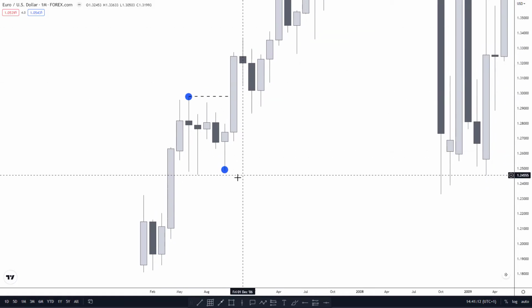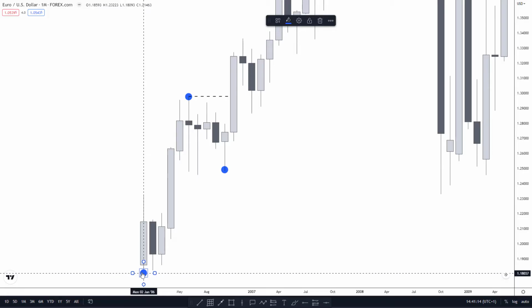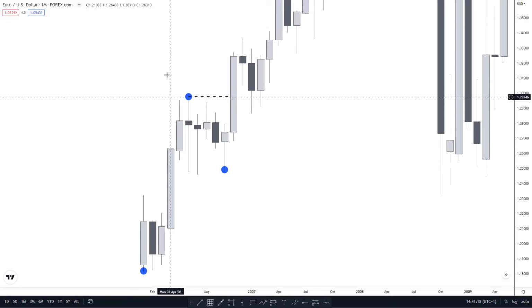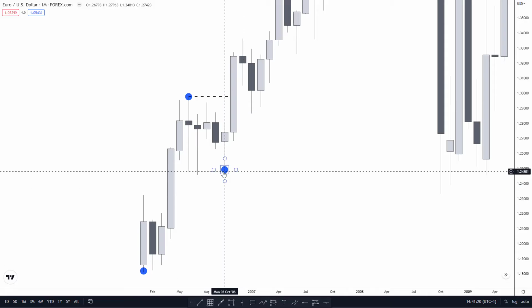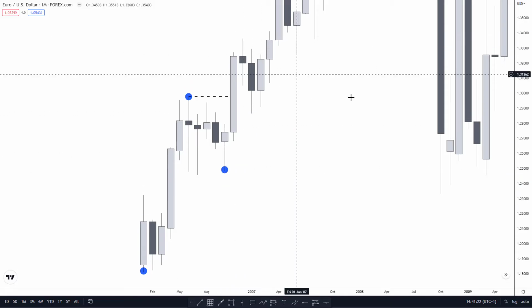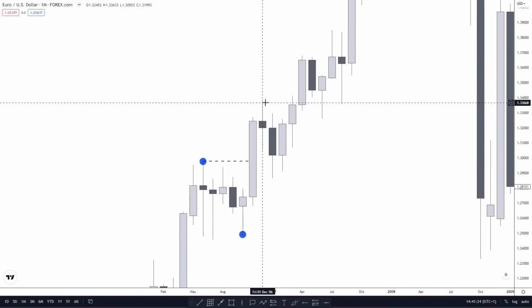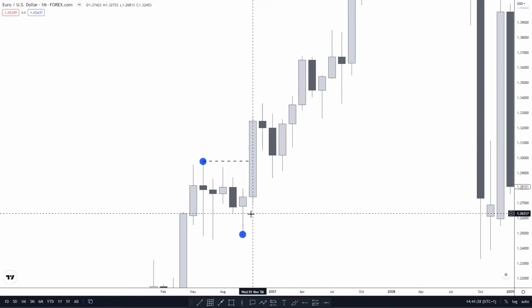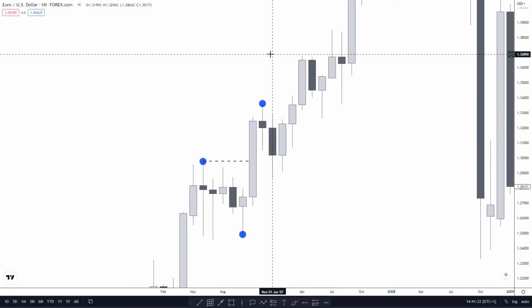Okay, so we'll mark this as our swing low because it's the very lowest point on the chart. We can't go back any further. Then we have a high, then we have a low, and now we have another high. This high is confirmed because we get a candle that closes below the candle to its left. So we have a swing high created, and then we see what gets broken,